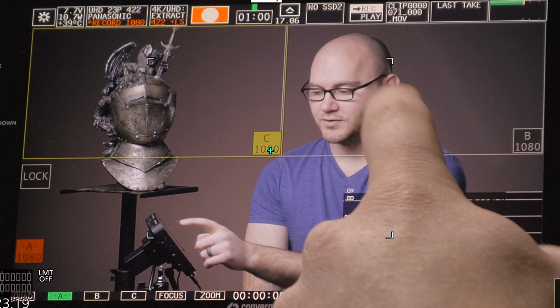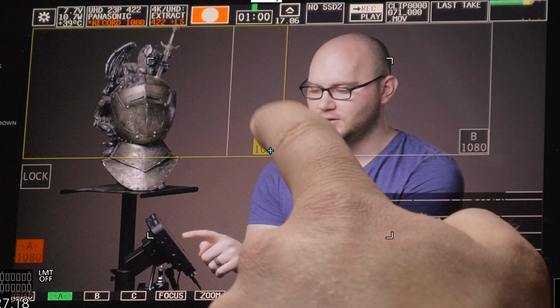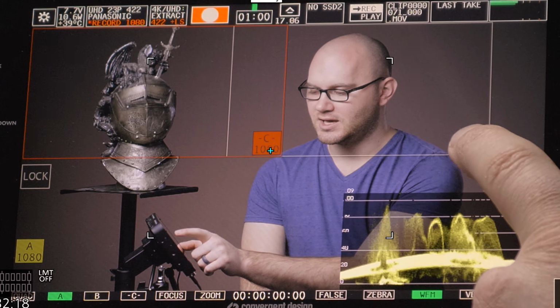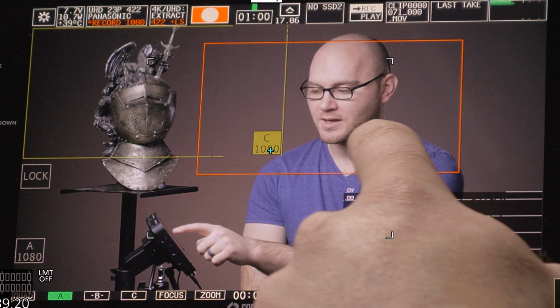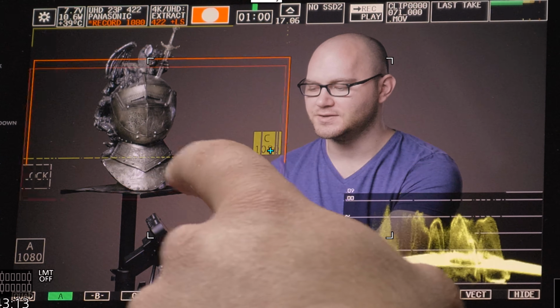You can also switch from here, so you'll notice that C is in preview mode. If I tap it again, it'll switch to program, or live if you will, and same with B. You tap the little box in the corner, and there you go. Now you switch. You can also, while it's recording, drag this thing around, and it has a really awesome smoothing